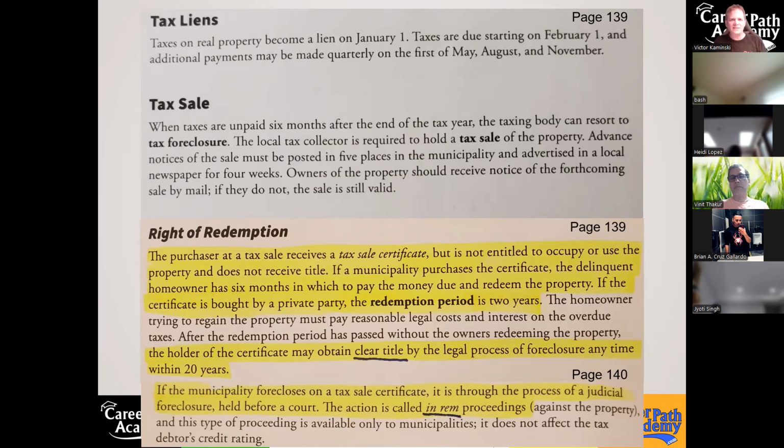What are the average taxes in New Jersey? Anybody know what the average is? This year, the average on property taxes throughout the state is $9,500. Yep, that's true. Do you know what the average is across the country, the entire country? Maybe 2,000? 5,000? 6,000? So New Jersey is